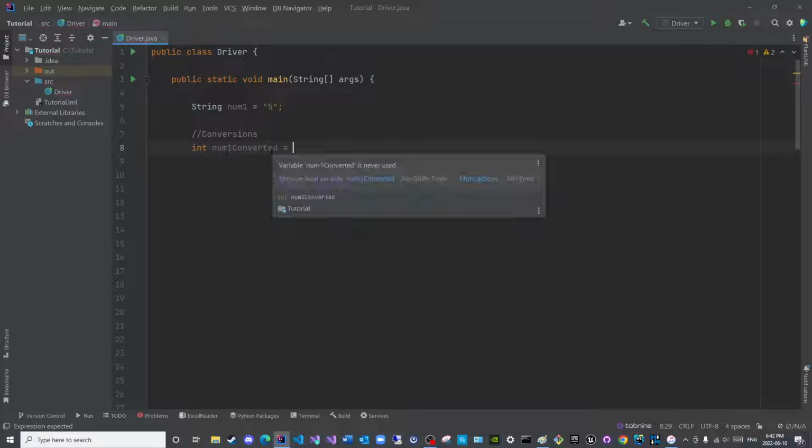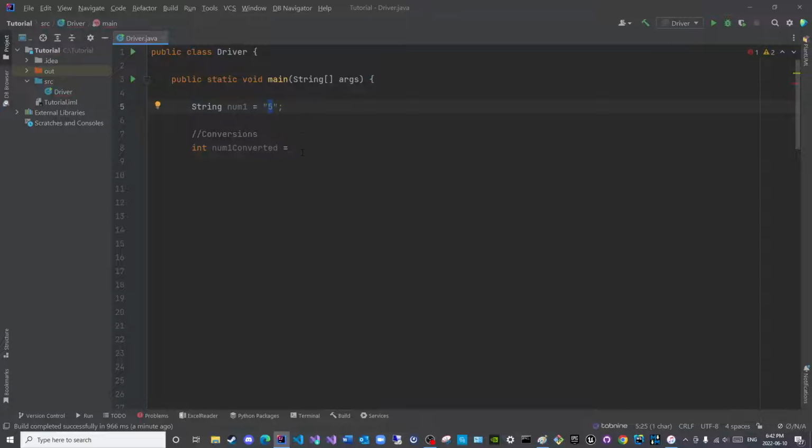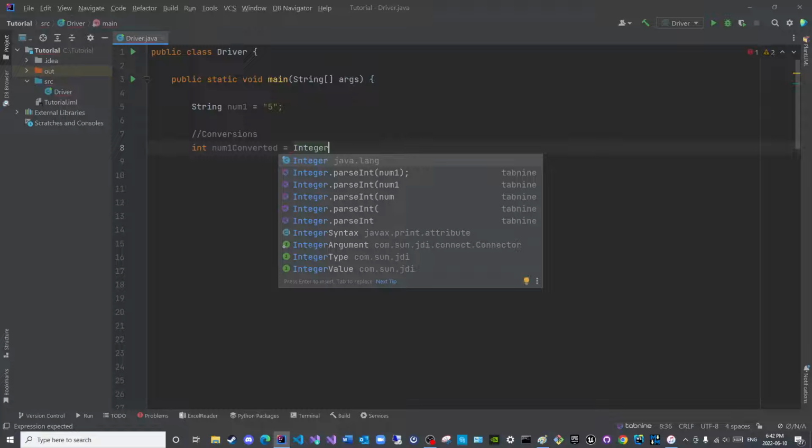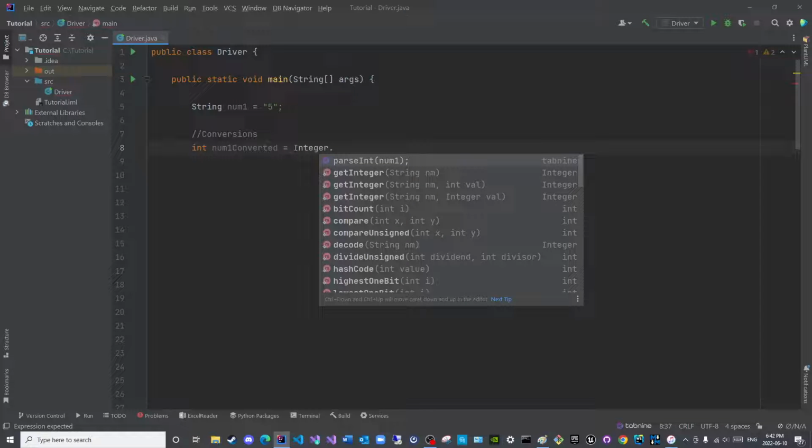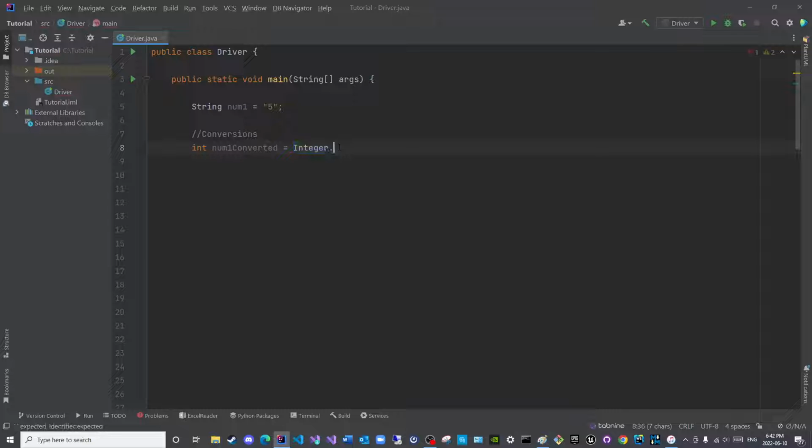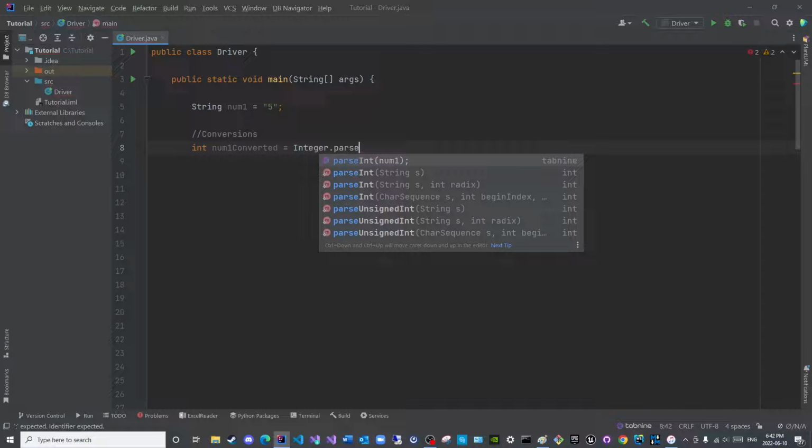So how would I convert this string? Well, firstly, what do you wish to convert this string to? We wish to convert it to the integer data type. So we will use the wrapper class in this scenario, Integer, dot. If we are calling a method with the name of the class, then this method is automatically a static method. Remember that. So how would we convert to an integer, we will simply type in the word parseInt,